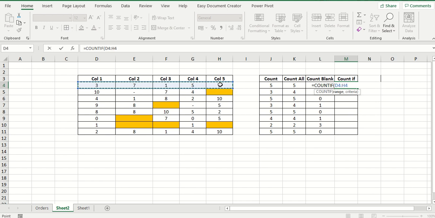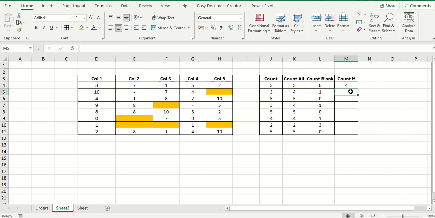So this is our range, comma, and see here, friends, the criteria is highlighted, which indicates we need to enter the criteria. So open the double quotes and enter, friends, greater than 1. Any logic you can give, but here I need the values which are greater than 1, friends. Okay, so press enter.